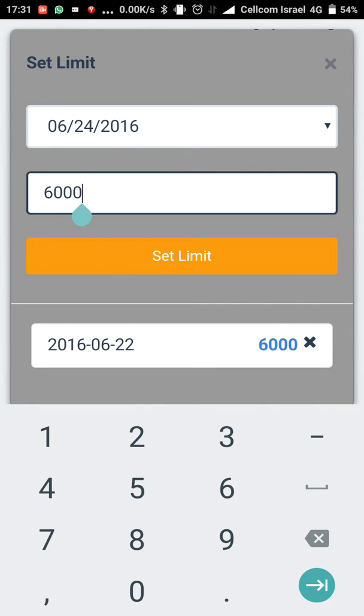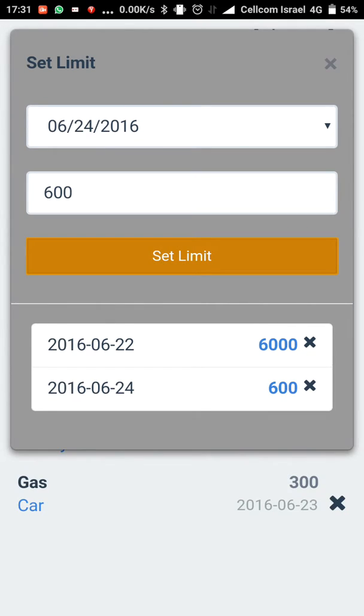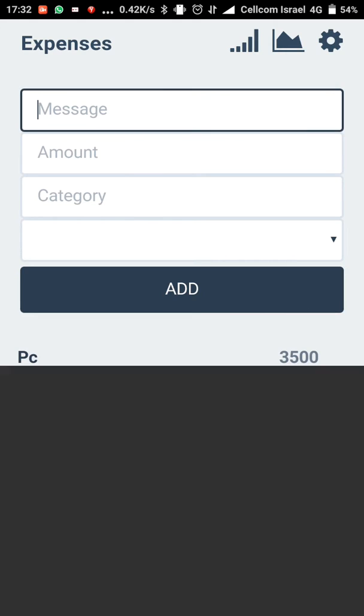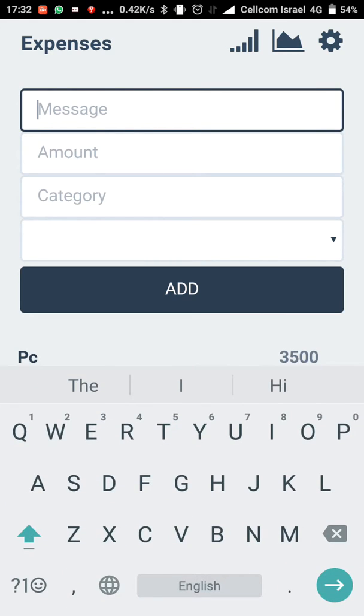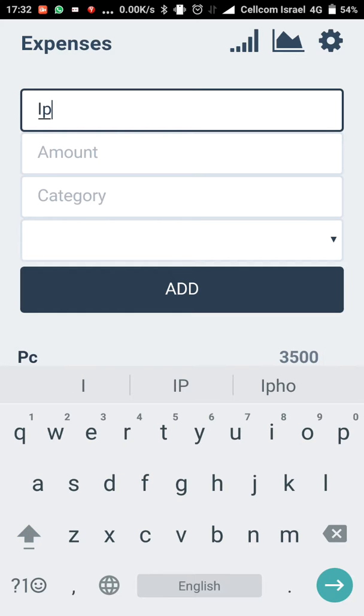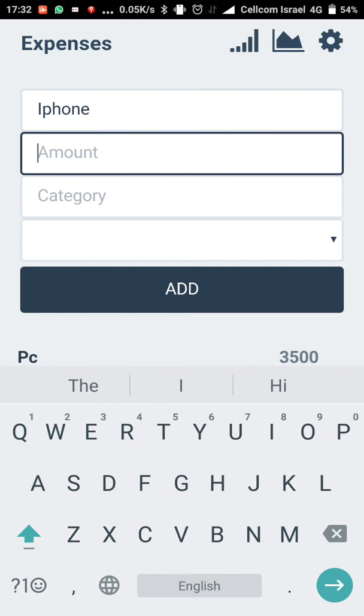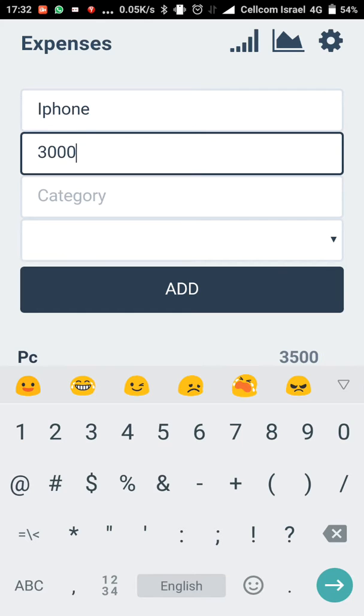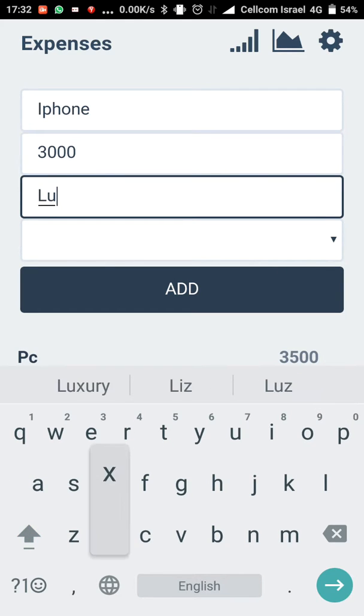600, set limit, and we can see all the limits we have per day. So let's see it in action. Let's add another expense for that day, the 22. So let's do iPhone, amount 3,000, category luxury,